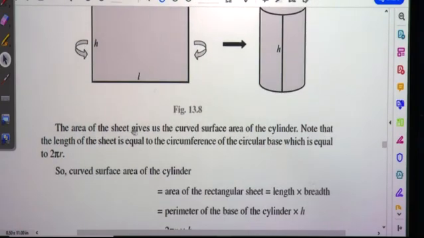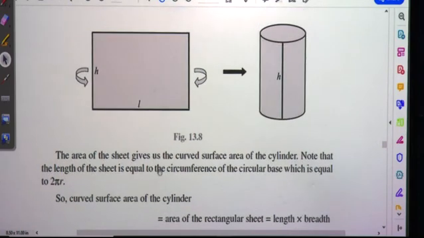The area of the sheet gives us, please understand carefully, the curved surface area of the cylinder. The area of the sheet gives us the curved surface area of the cylinder. Note that